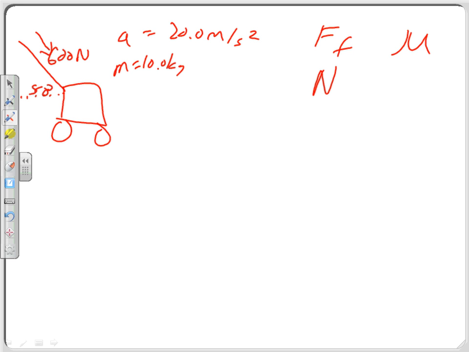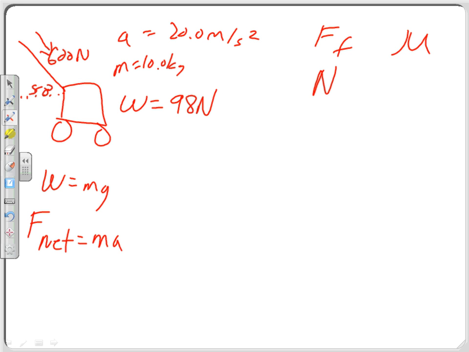So the first thing we're going to do is figure out the weight of this lawnmower. Remember that weight equals mass times gravity. So the weight would be 10 kilograms times 9.8 newtons. The weight of our lawnmower, therefore, is 98 newtons. Now, the other thing that we need to think about is the net force. We know that net force equals ma. So in this problem, m times a. So 10 kilograms times 20 meters per second square, we seem to have a net force of 200 newtons acting